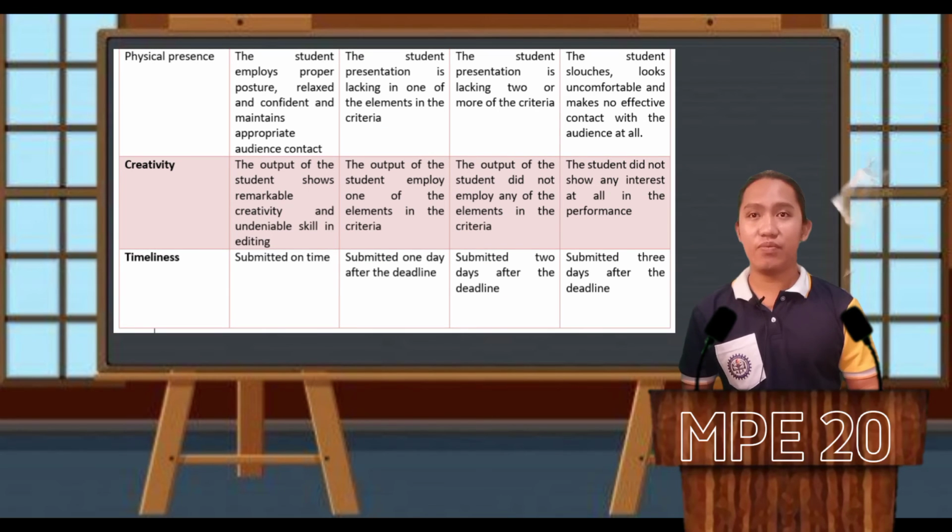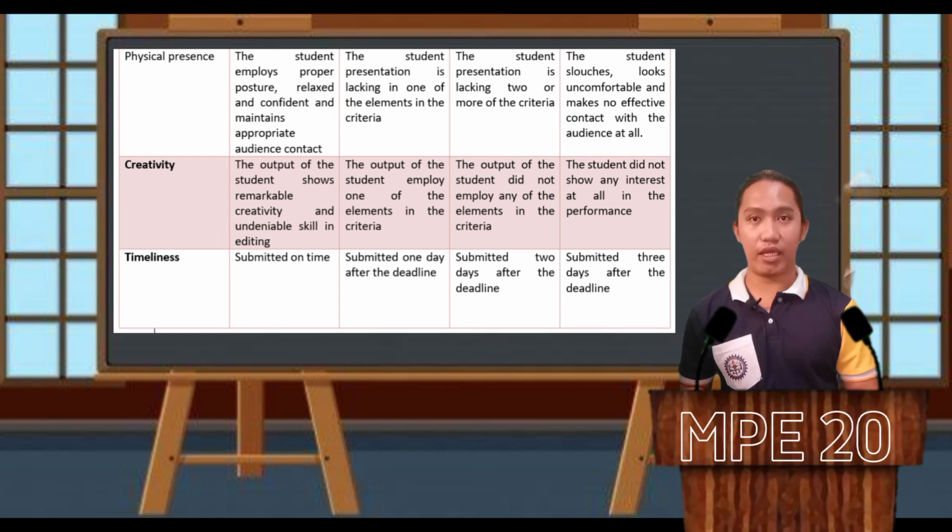For the physical presence, for 5 points, the student employs proper posture, is relaxed and confident, and maintains appropriate audience contact. So it is important to be confident when you are performing. It's important also to have proper posture, di ba? You will look professional if you have proper posture in the activity or performance. And lastly, of course, you have to have appropriate contact with the audience. Hindi ibig sabihin na video performance lang siya, hindi mo na ibibilang yung contact with the watcher or the audience,